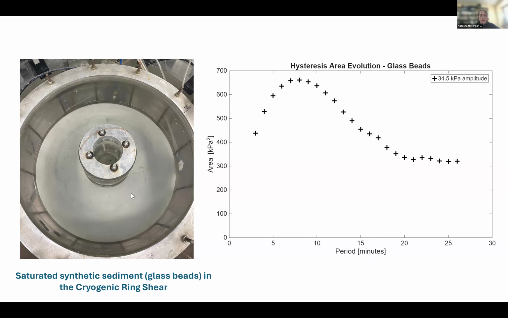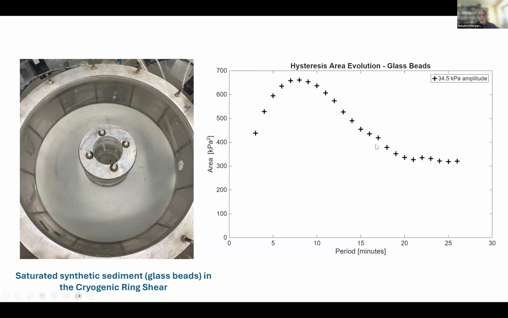So we're starting with the highest amplitude tested, which is about 34.5 kilopascals. Here we see that there's this kind of non-monotonic trend present throughout it in the hysteresis area. Hysteresis area is on the y-axis, period on the x-axis. What you can see is that initially at the lowest period tested, there's less hysteresis area, so a smaller extent of hysteresis. And then it steadily increases until it gets to this peak,